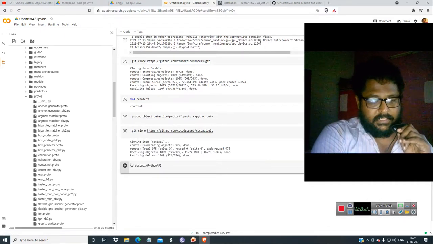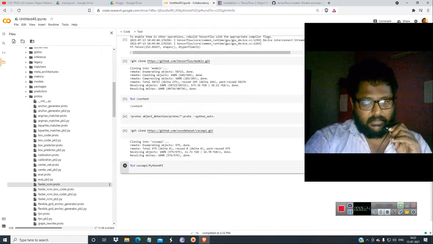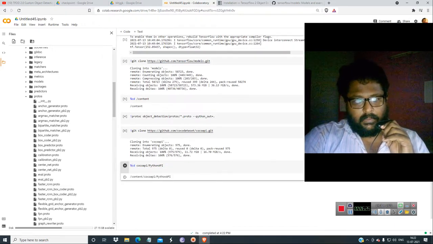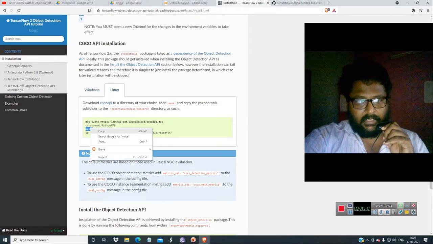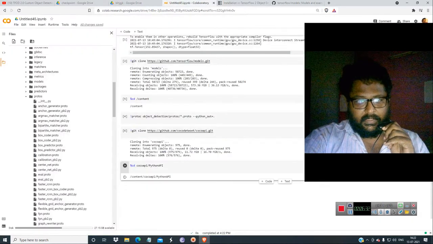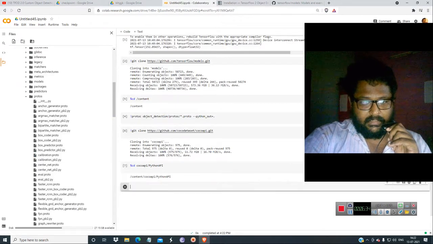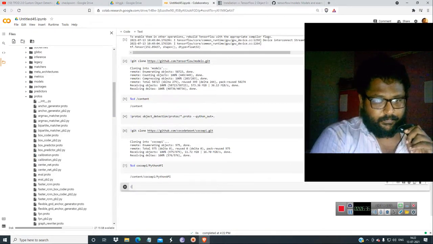Type %cd because it's a bash command. Then next would be make. Copy it over here and paste make.